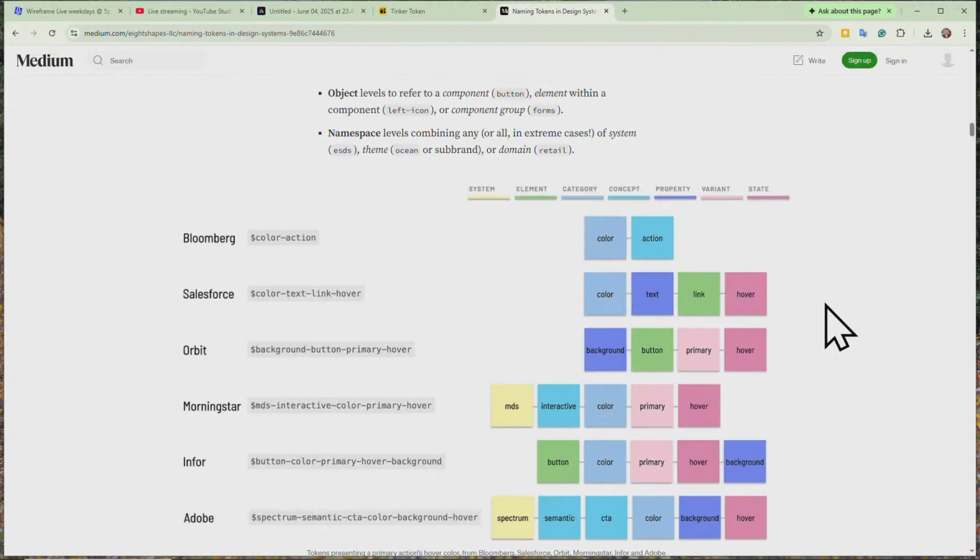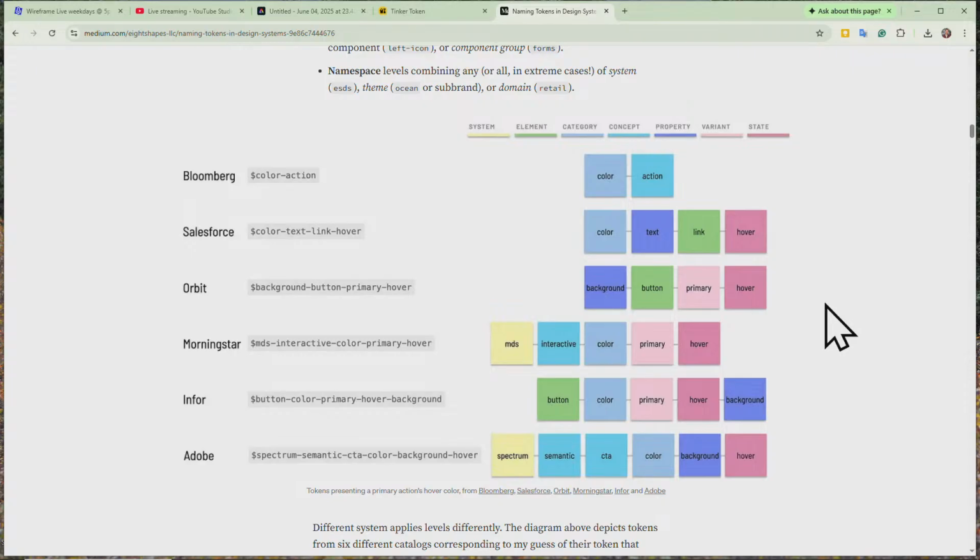But you could see the way that a couple of different systems have broken down their tokens, okay? And there's something to really pay attention to in here, because he isn't breaking these things down as primitive, semantic, and component, or in the way that Tinker Token is doing it as generic, semantic, specific, or is it the other way around?